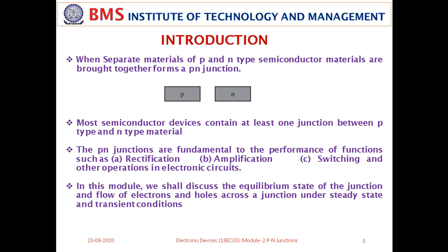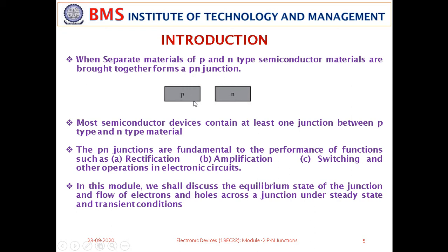Minority charge. Electric field, because we said that the n type charge carrier, you are seeing positively charged donor ions here, and negatively charged acceptor ions can be seen on the p side. This creates an electric field pointing from n to p, and this electric field causes majority charge carriers to move. The holes will keep moving from p side to n side, and electrons will keep moving from n side to p side.